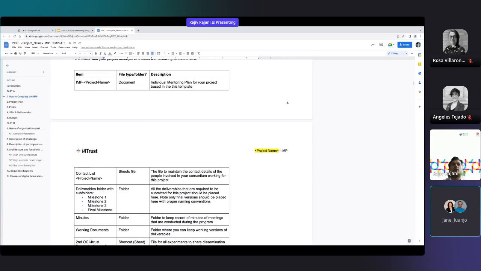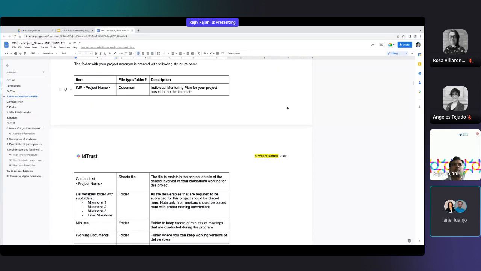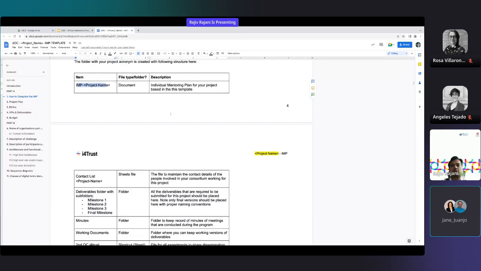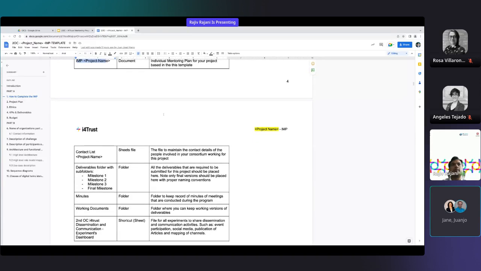So please coordinate with your mentors when more people from your team need access to that folder. The basic structure is that in your experiment folder, you will find a copy of this template, that is your IMP, which you need to personalize or update.